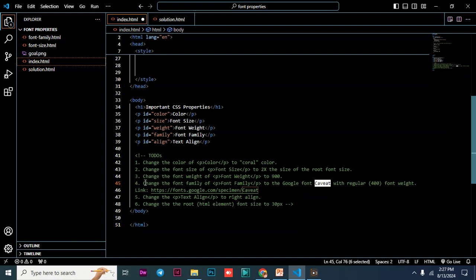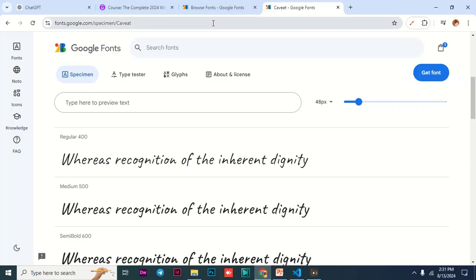So there is also another video that I've created on how to import Google fonts into your web page. So if you want to know how you can go about that, or get more information on how Google Fonts works, you can go ahead and watch that video. Now to get that font, basically you go to your browser, for example this Chrome browser, and then search